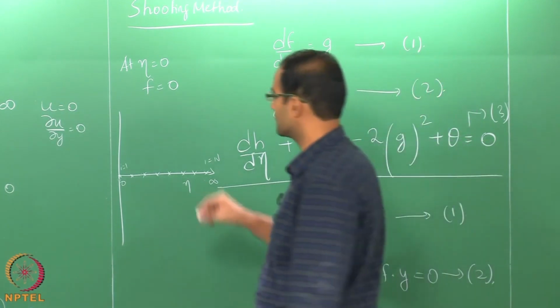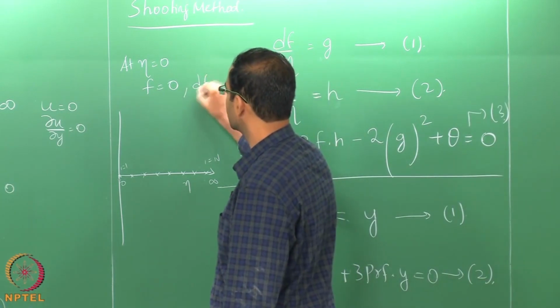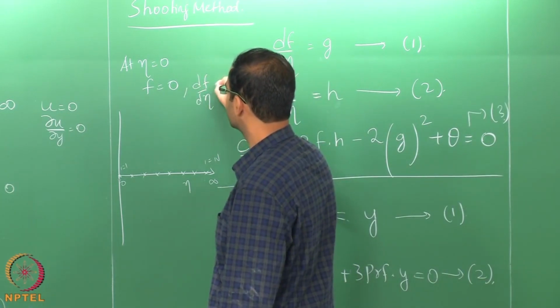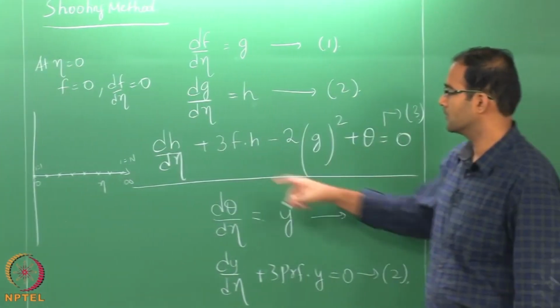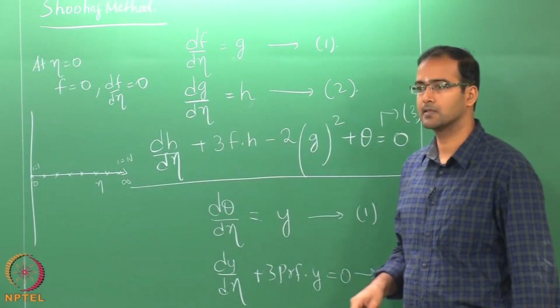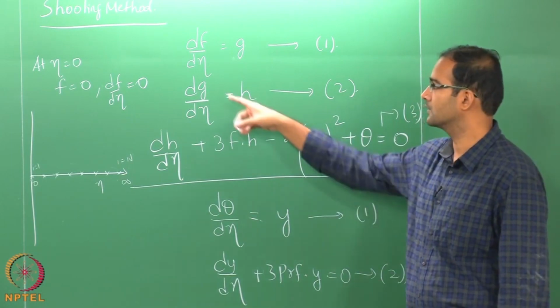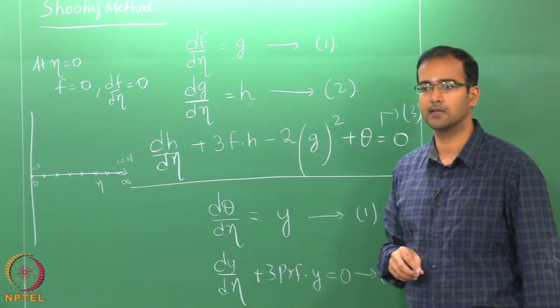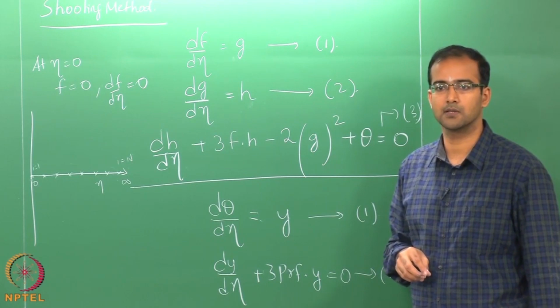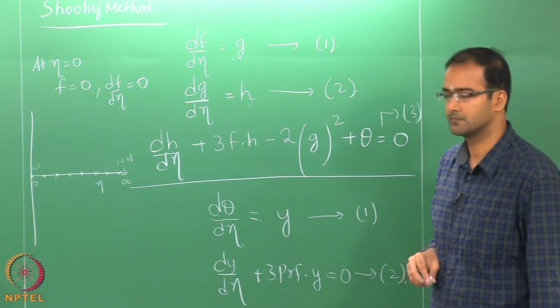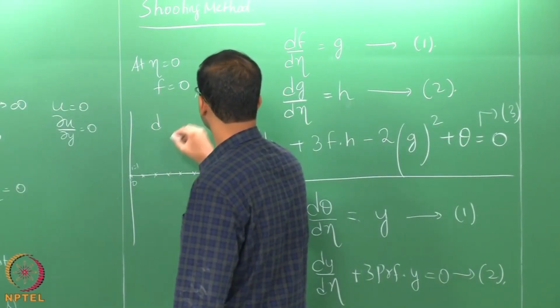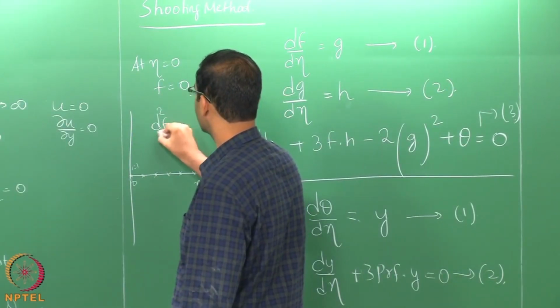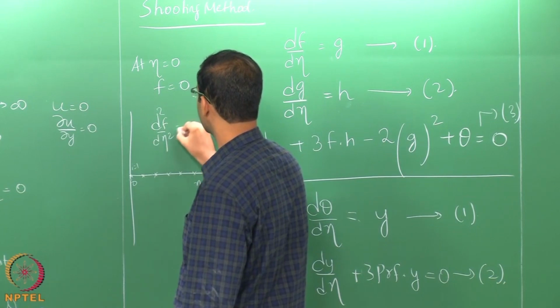Df by d eta is also known, so this second equation also can be solved. Now, coming to the third equation, we need a boundary condition for d square f by d eta square at eta equal to 0, which we do not know. So we do not know the boundary condition for d square f by d eta square, which is nothing but h,